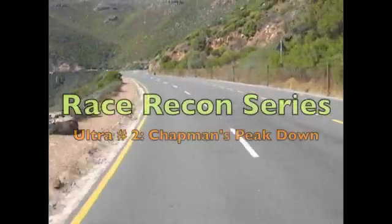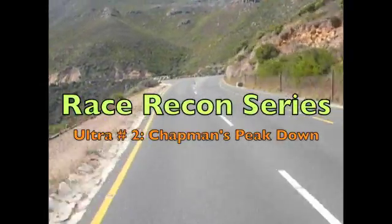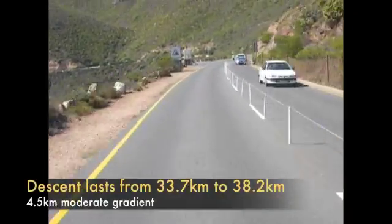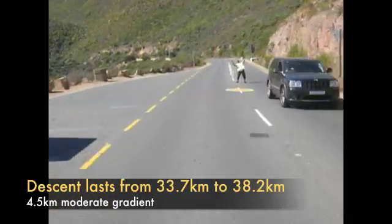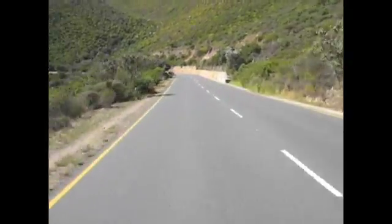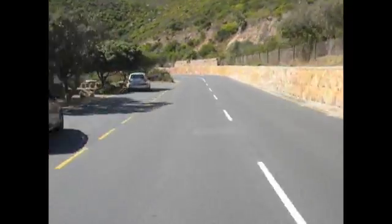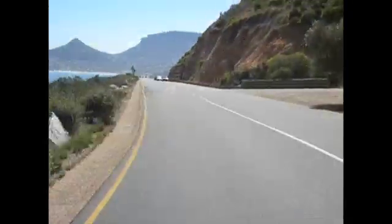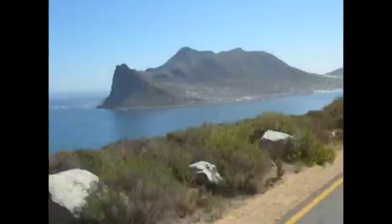The descent of Chapman's Peak goes from the 33.7 kilometer mark at the summit to about 38.2 kilometers down in Hout Bay, a total length of roughly 5 kilometers. I'm going to fast forward through the first 3.5 of those kilometers because there's really not too much to say here. It's at the bottom, in the final K, where it gets especially steep, and so that's where the important